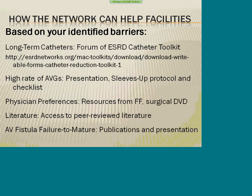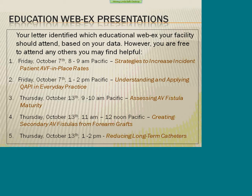And then AV fistula, failure to mature, there's lots of data out there now. There's lots of publications and presentations. And again, we'll have our education presentation on that subject as well. So we're doing 5 different education programs this year. And again, you're entitled to attend any one that you want, but there's one that you're mandated to watch,